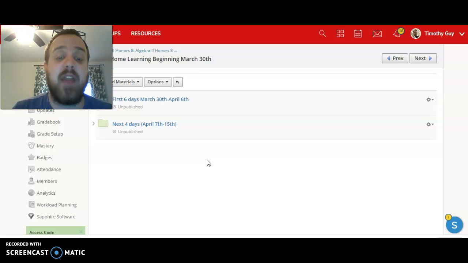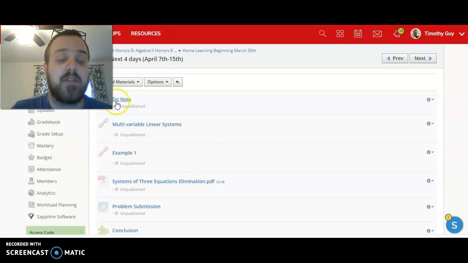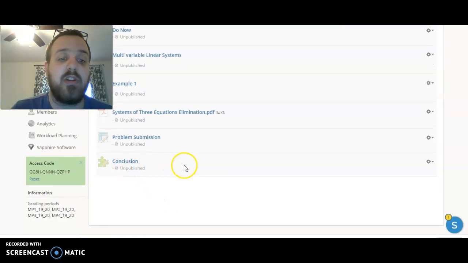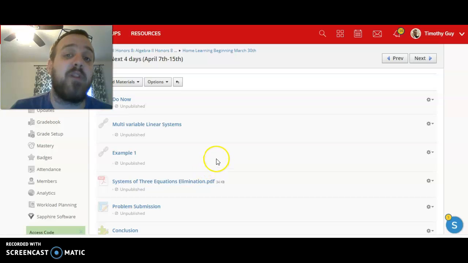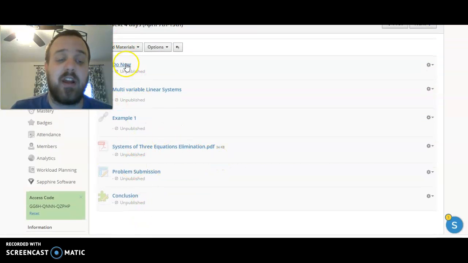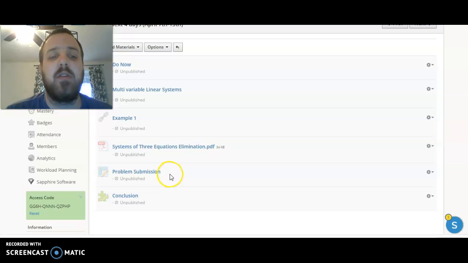Once that is over and we're into the next 4 days, this is where it's going to be a little more structured and not as much of a project. You'll see you have a due date in here. That is for the 4 days altogether, so don't feel like you have to do one each day; it's more for this whole unit that we're going to do here. There's a couple videos in here. Basically, you're going to be learning the next step when it comes to doing substitution. After you see the video, there's going to be a couple problems for you to do, and then you're going to submit that to me as well.